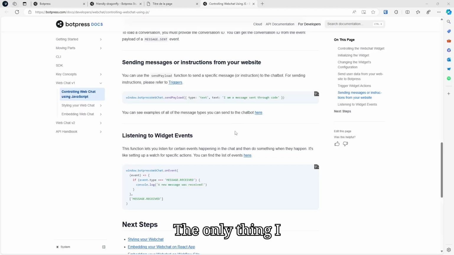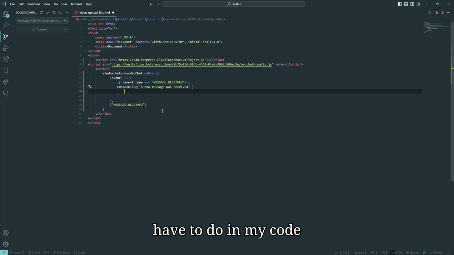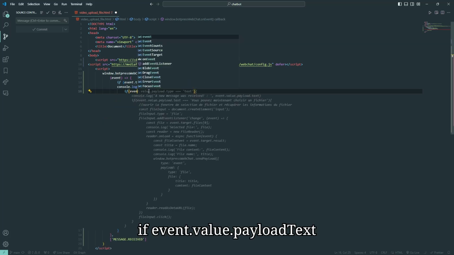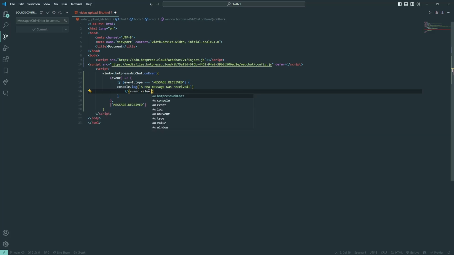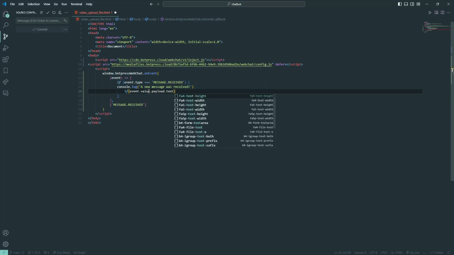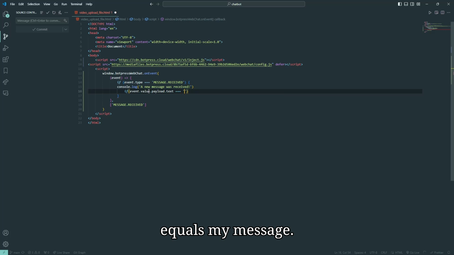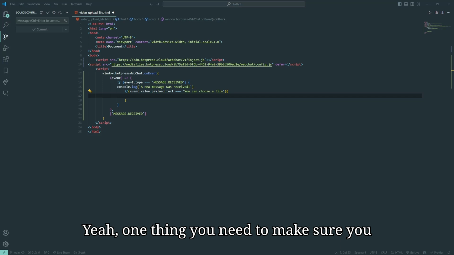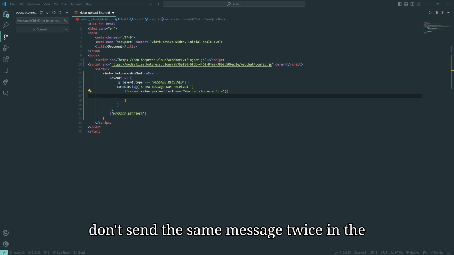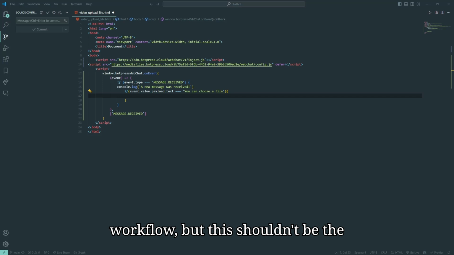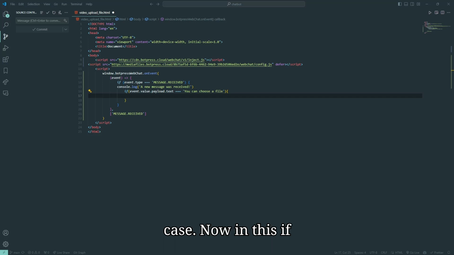So the only thing I have to do in my code is, if event.value.payload.text equals my message. One thing, you need to make sure you don't send the same message twice in the workflow, but this shouldn't be the case. Now in this if, we can create the input of type file